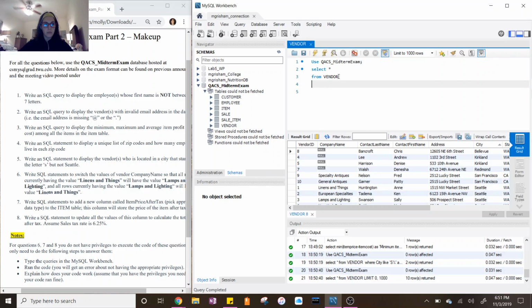Okay, number 5. I totally mixed up my numbers. I actually just answered number 5, getting Seattle, and not the unique list of zip codes. I'm going to go back and answer number 4 right now, where we get the unique list of zip codes. So we're going to use select zip code